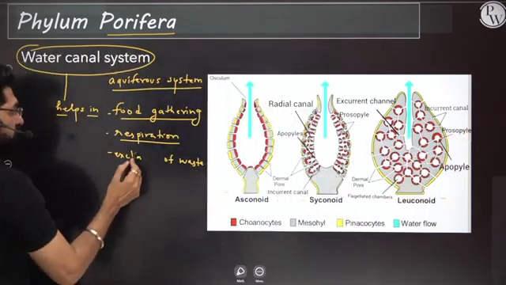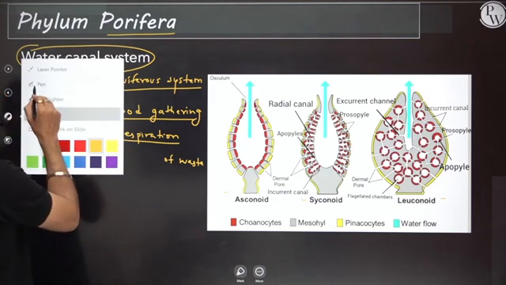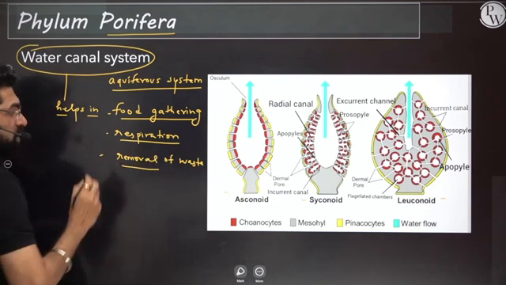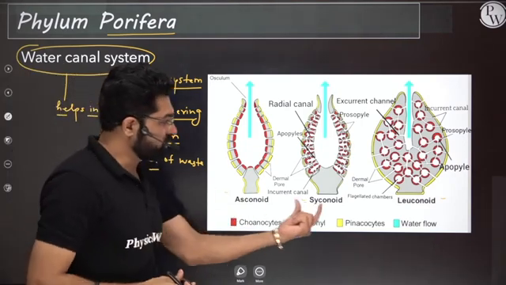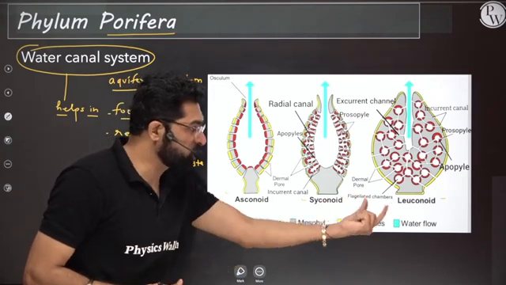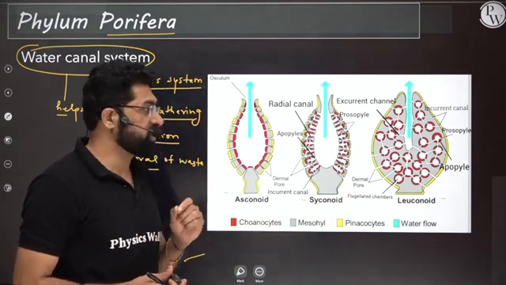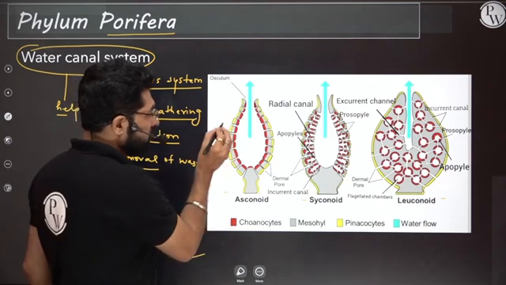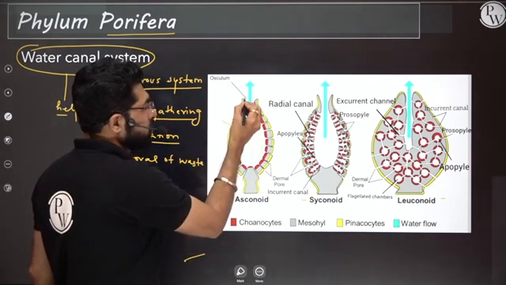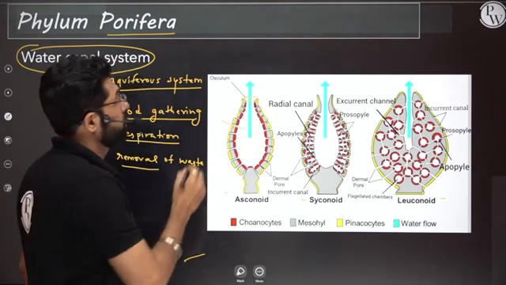So removal of waste you can say. Here you see, beta, removal of waste. If you see, three types of canal system are present: Ascon, Sycon and Leucon. There's particular difference in that. In Ascon, water moves through the dermal ostia inside the spongocoel and gets out of the osculum. So in Ascon